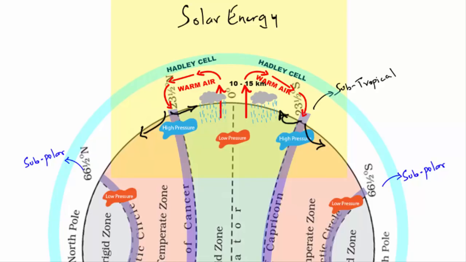We learned that it's a high pressure zone, and we also saw how it becomes a high pressure zone. The warm air from the equatorial region rises and moves towards the subtropical region, and there it collides with the cold air coming from the poles. That makes the air sink over the Atlantic and Pacific Ocean, and that's how the high pressure belt is created. That's the whole story. Now if you remember, I told you, the air that sinks at the subtropical region, that forms the subtropical high, gets divided into two parts. One part goes towards the equatorial region and the other part goes towards the poles. Now the same thing that happened in the subtropical region happens here as well.